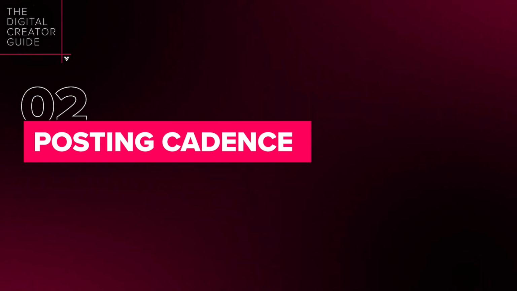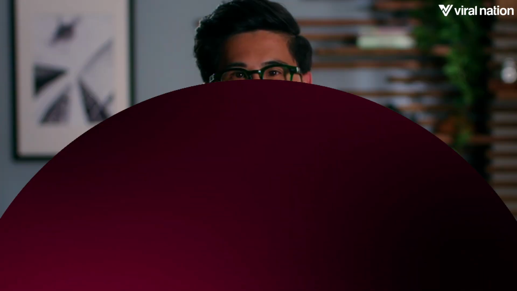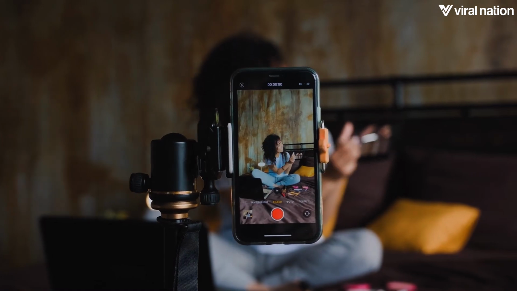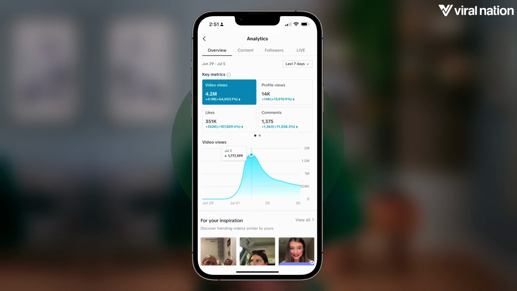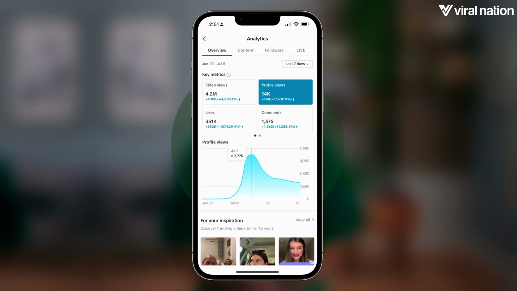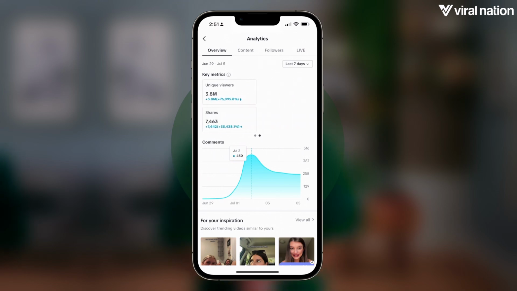Do you need to post 3 to 5 times per day to grow? No. You just need to be consistent. Consistency is more important than volume. Whether consistency means posting 3 times per day or 3 times per week, make sure your content has value and purpose. Don't sacrifice quality just to hit a self-imposed quota. Nobody wants that. Use the analytics function to track the performance of your individual posts and account's overall performance to decide what cadence is best for you.